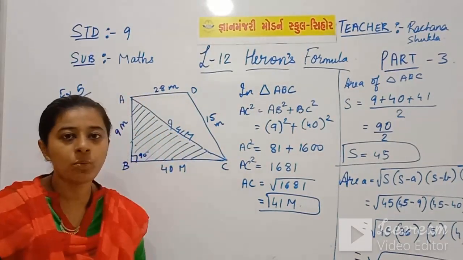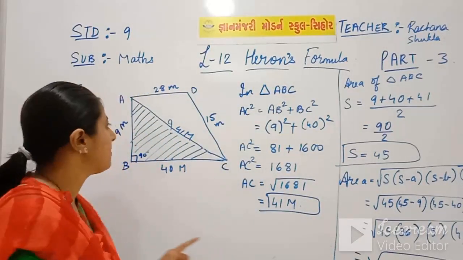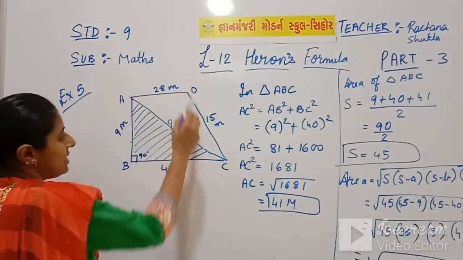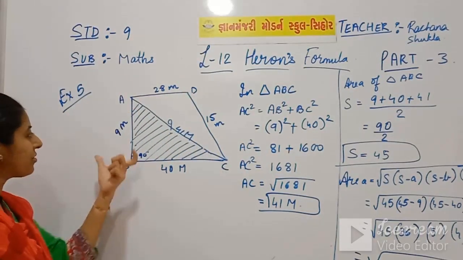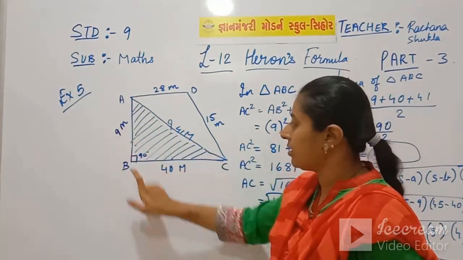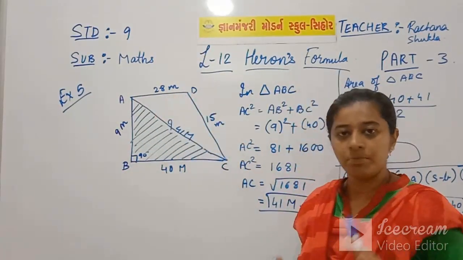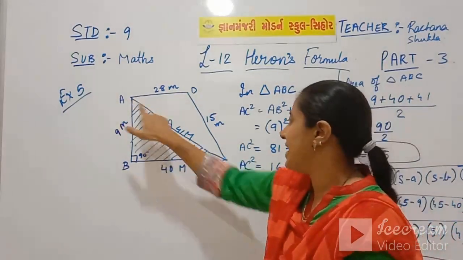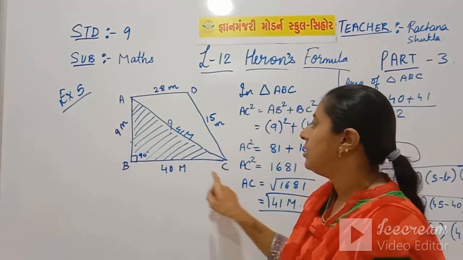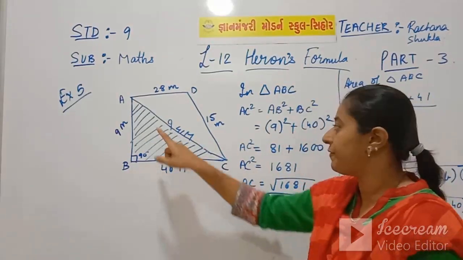So I repeat once again the sum. It is not over. Still one part is left. See, ABC, one triangle is given. Another triangle ABC or CDA is given. Children are moving in the lane and the measurements are given: AB 9 meter, BC 40 meter, CD 15 meter and AD 28 meter. You had not got AC. AC is the hypotenuse in triangle ABC and angle B is 90 degree. So by Pythagoras theorem you can find AC.